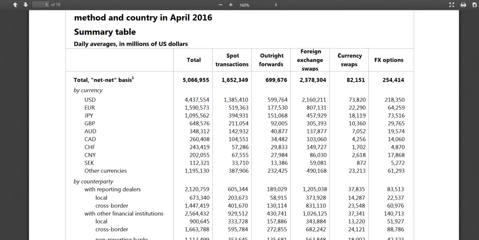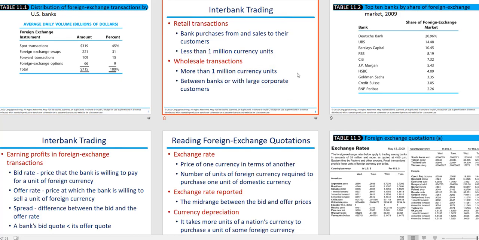This is typically used by banks that have loans in, for example, US dollars. Other banks have loans in British pounds, and they decide to exchange those loans. So it's a more sophisticated instrument. The foreign exchange swaps are the traditional. The interbank trading is dominated by large commercial banks because typically the minimum is 1 million currency units. The retail banking is associated with the banks dealing with their customers, which typically need smaller amounts of currency. So the big banks buy in the foreign exchange market and then sell it to their customers.